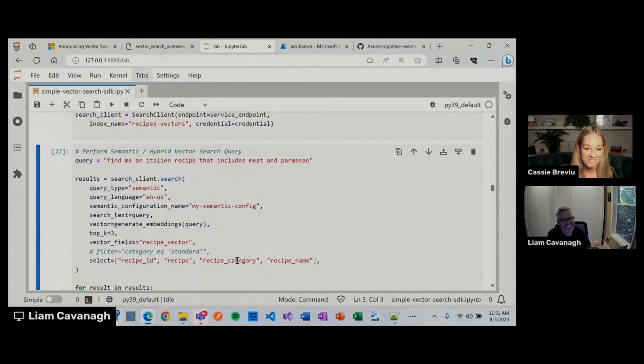That's for sure. Okay, so we went over a lot of really cool information on how to start using vector search within Azure Cognitive Search. Where can people go to learn more and get started? Yeah, so I think the best place is to refer back to this blog post that we're talking about. But we also have the Azure Cognitive Search documentation, which is always a great resource to learn more and get started as well.